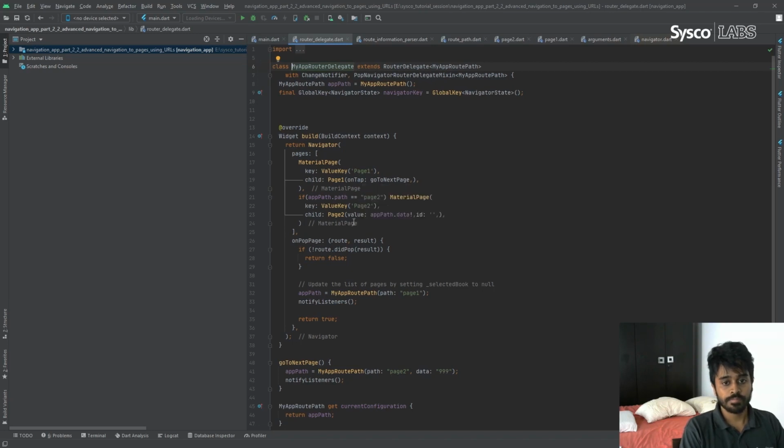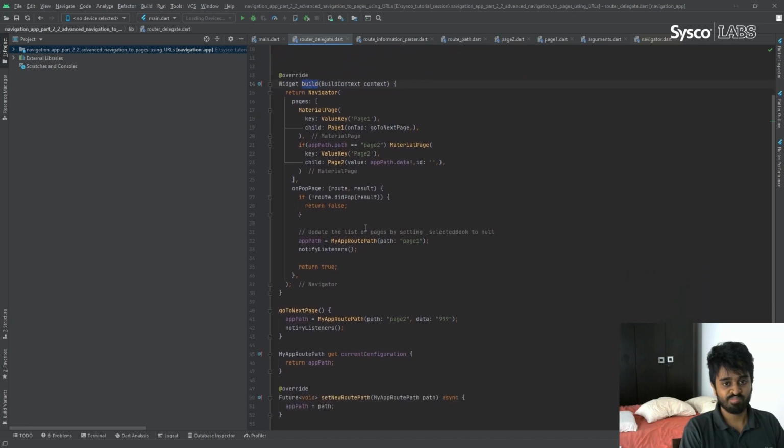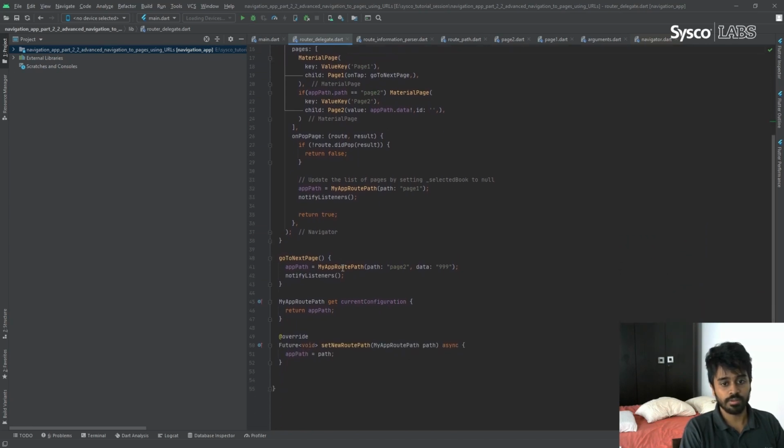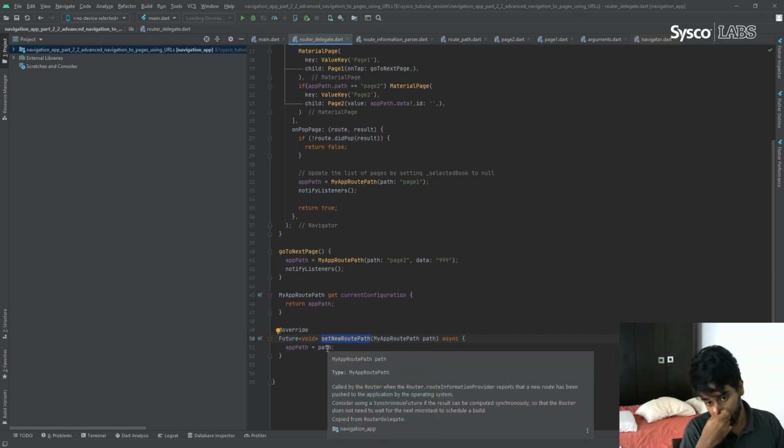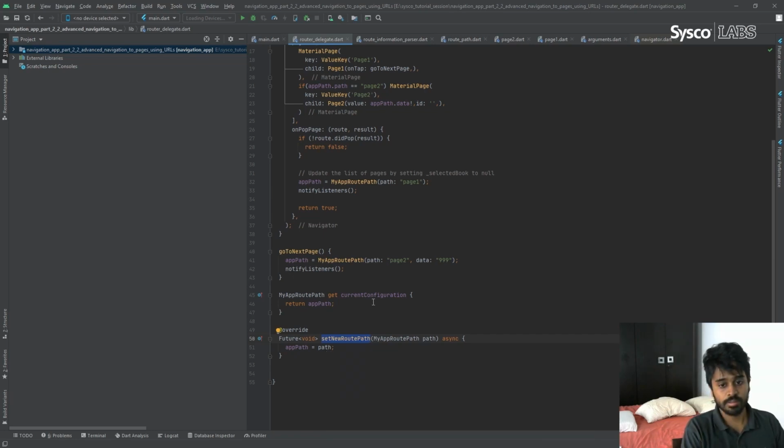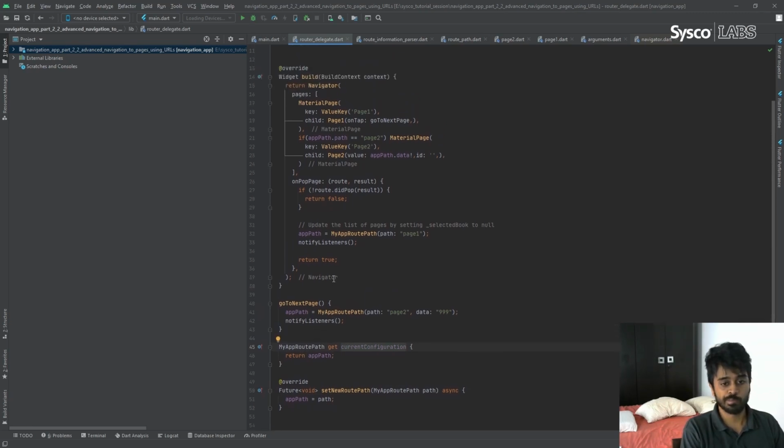Here you need to implement the build method to build our stack of routes, and then you need to implement the current configuration and set new route path. This set new route path will get called if someone changes the URL from the browser, and this get current configuration will be called when Flutter wants to update the URL of the browser.